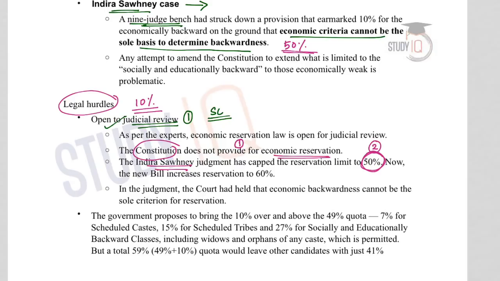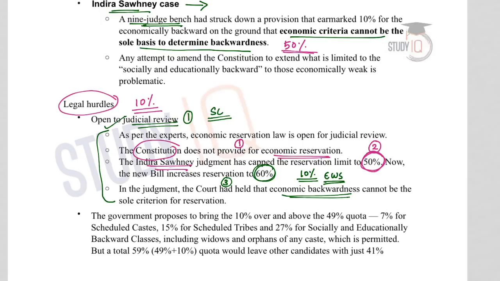Now, if this 10% reservation for the economically weaker sections gets implemented, this will increase the cap to 60%. So this is against the previous judgment of the Supreme Court. So this is the second hurdle. And thirdly, the Supreme Court in the previous judgment of Indira Sawhney held that economic backwardness cannot be the sole criteria for the reservation. So these three reasons can come up before the Supreme Court